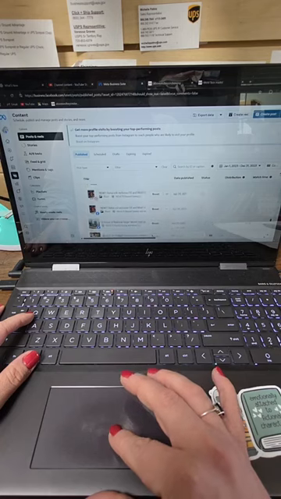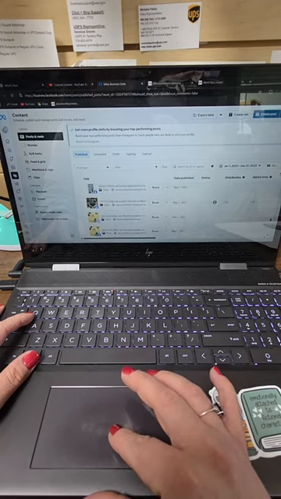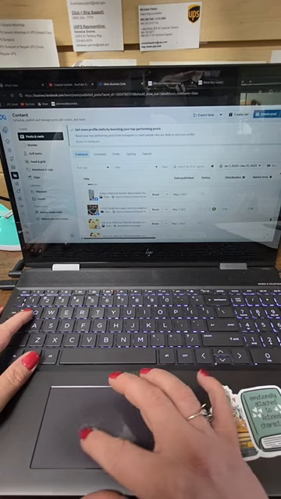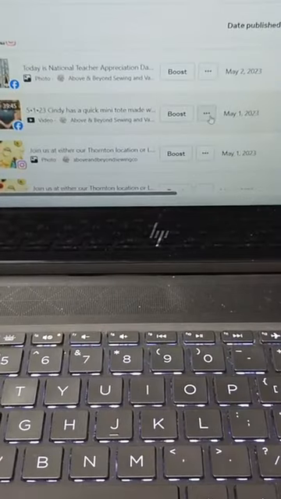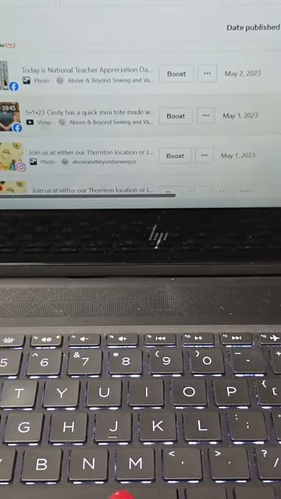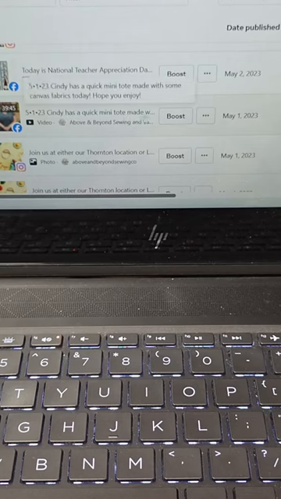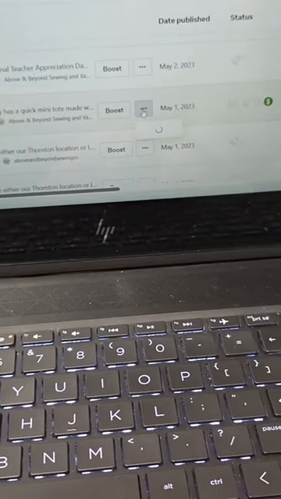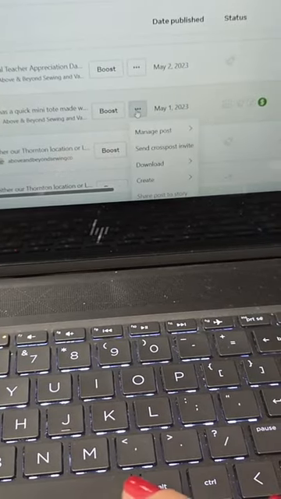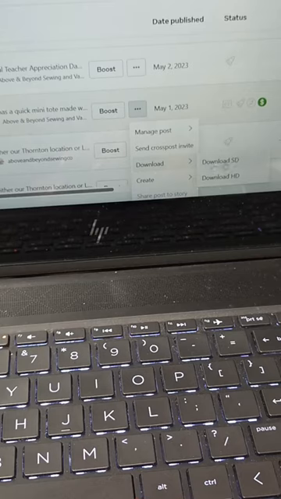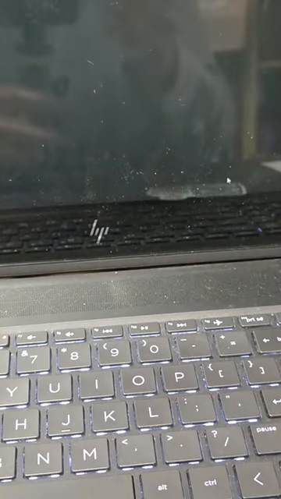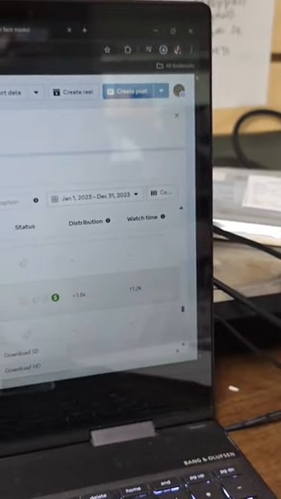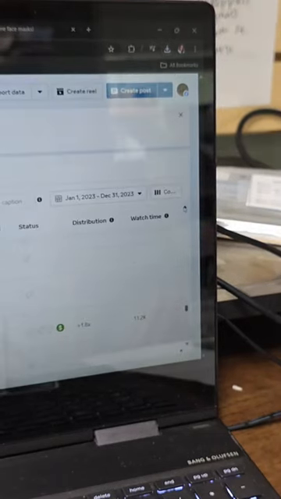So I am going to move on to May. And this is May 1st's video. It says that it's a video, and Cindy has a quick mini tote project. I go to my little 3 dots here, and I go to download. I'm downloading in high definition. My screen goes black, and my little indicator up here in my corner lets me know that it's in the process of downloading. I let that first one download so that I can go to my next one